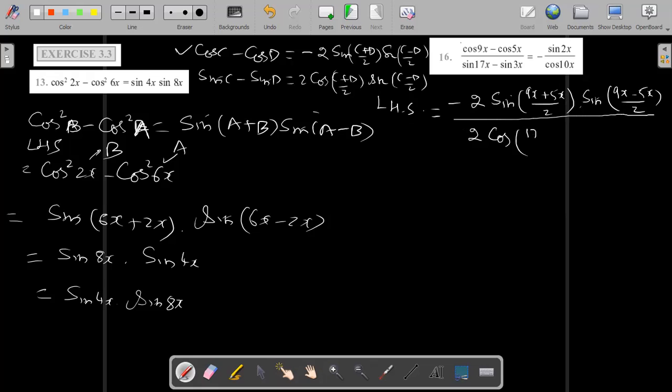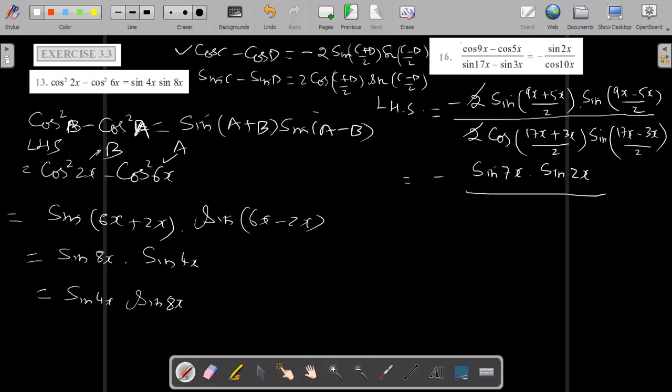2 cos (17x plus 3x) by 2, sin (17x minus 3x) by 2. This 2 and 2 will cancel. Minus sin: 9 plus 5, 14 divided by 2, so 7x. 9 minus 5, 4 divided by 2, so 2x,